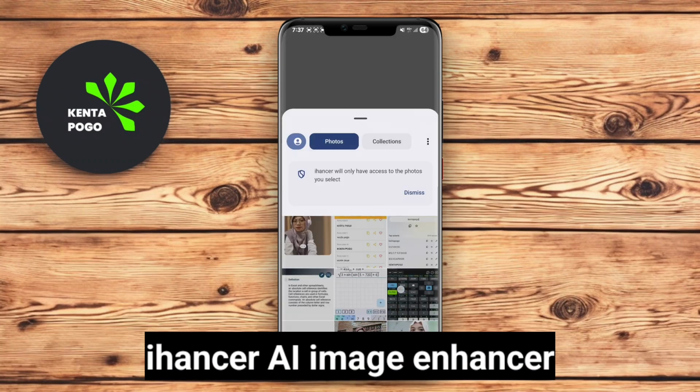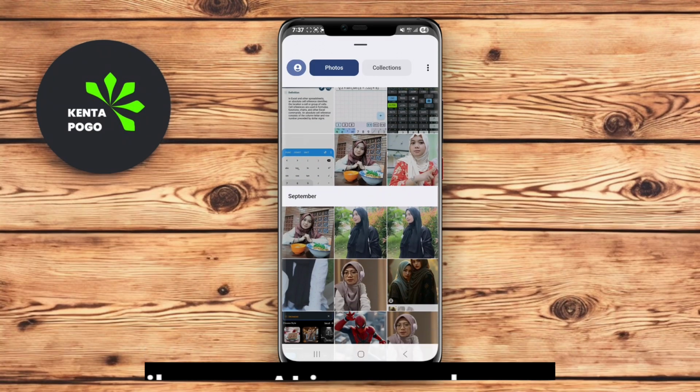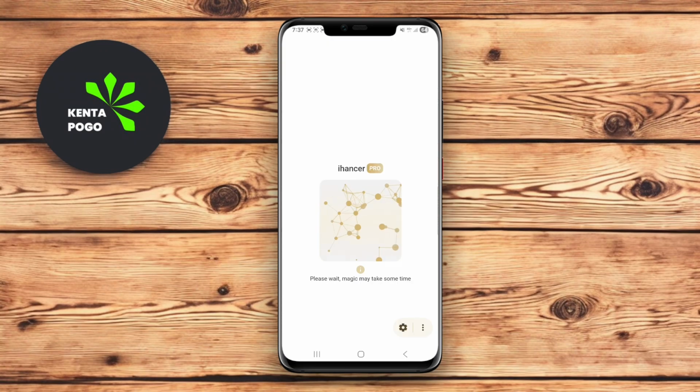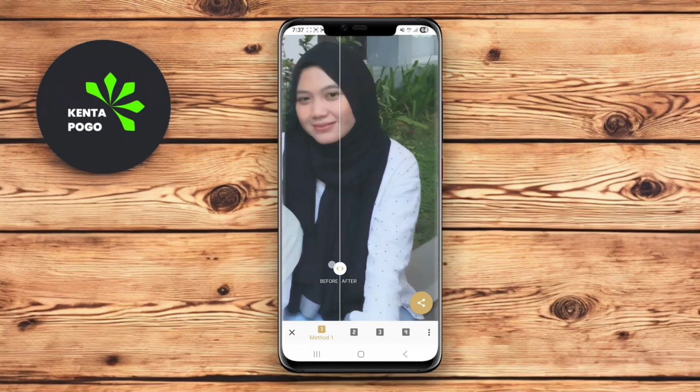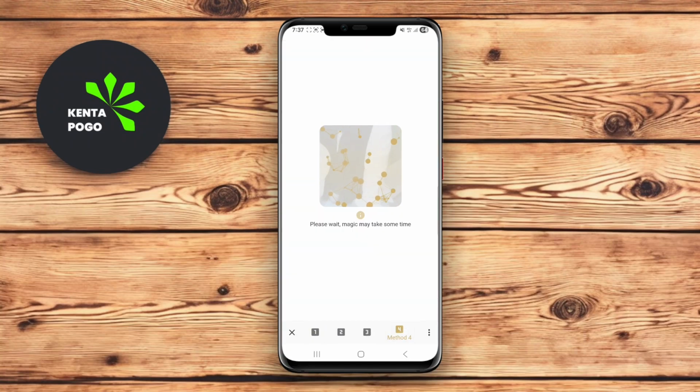iHancer AI Image Enhancer. iHancer AI Image Enhancer is a user-friendly app that focuses on providing simple yet effective tools for improving image quality. This app uses AI algorithms to analyze and enhance the details in your photos, making them clearer and more vibrant. With features such as automatic image enhancement, color restoration, and noise reduction, iHancer is ideal for users looking for quick